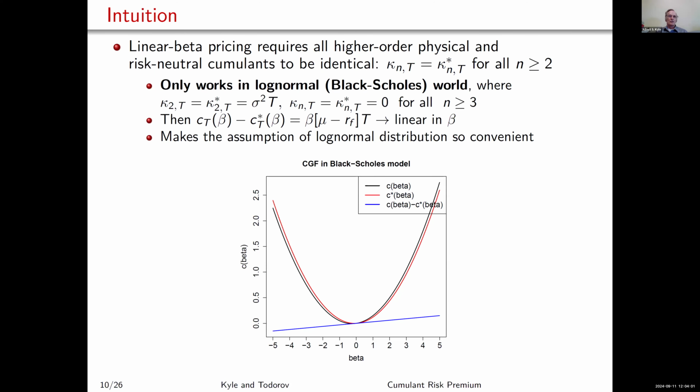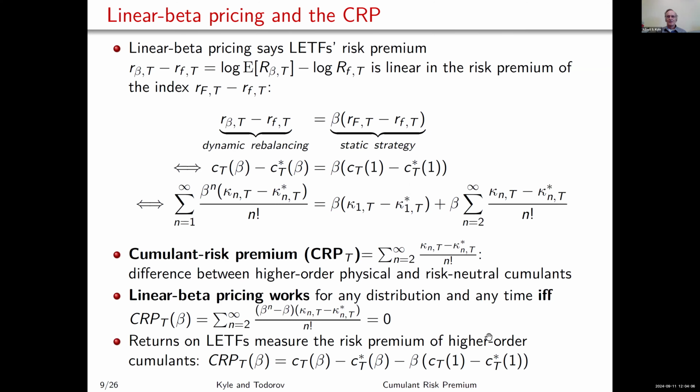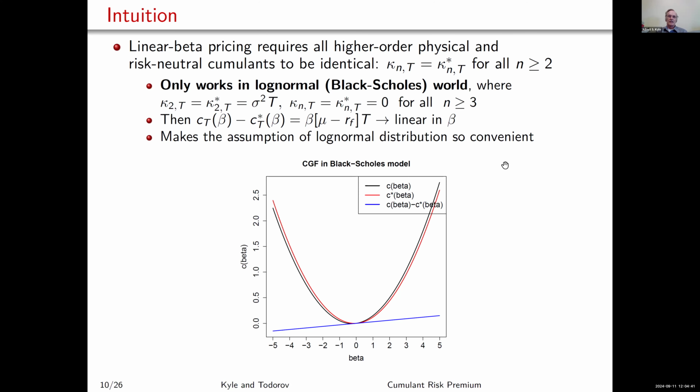Okay, so just to illustrate what I'm talking about, in the nice case, which is the Black-Scholes world, coming back to this previous slide, the log returns are normally distributed, so only the first 2 cumulants are non-zero, and the means cancel out. The second cumulant would be relevant if the risk neutral variance were different from the physical variance. But we know in the Black-Scholes world, the risk neutral variance and the physical variance are going to be the same, because otherwise there's an arbitrage opportunity. So all of this doesn't matter in the Black-Scholes world.